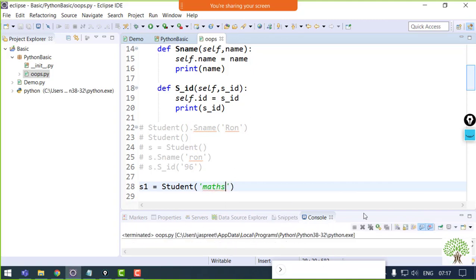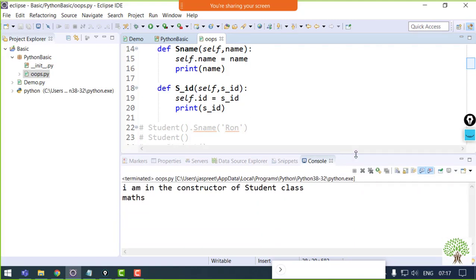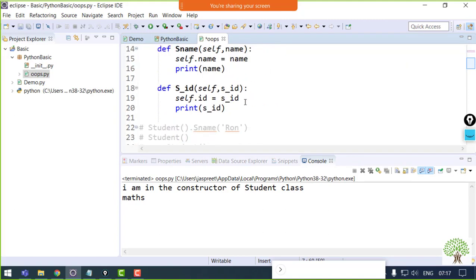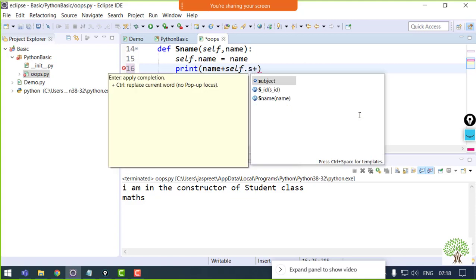So it will print maths as the above statement was being printed. Right. Now suppose along with the name I want to print the subject as well. So how will I be able to do that? I'll just say self dot subject.